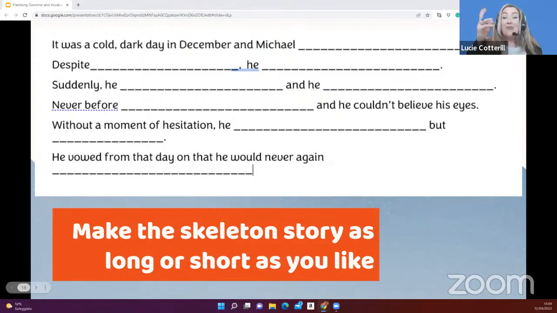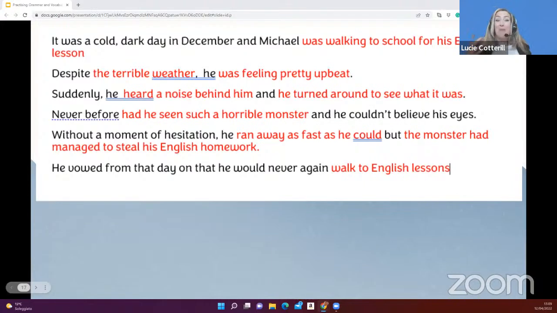Okay, now this, if you're interested, this was what my story was, but I think yours was so much better. I really, really do. Now, as I say, I'd looked at inversions. I was also practicing the past continuous as a narrative tense to give background information in the story. Now, the beauty of this activity is that it is partially controlled, but it also allows them to use their creativity.